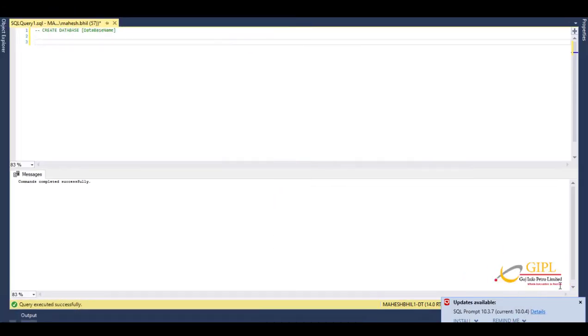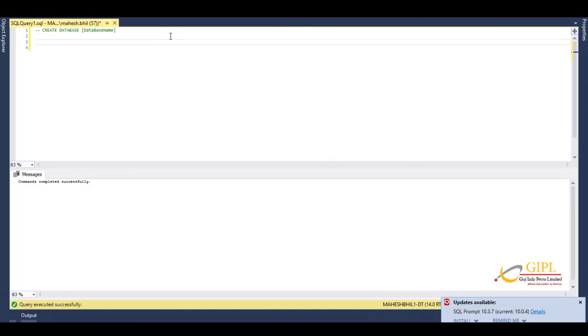Now, when we have completed with the SQL basics, we shall start with DB related details. At first, we shall look at the SQL create database statement. The create database statement is used to create a new SQL database. So the syntax goes as follows: create database, database name. So now when I write testdb here, the statement creates a database called testdb. Make sure you have an admin privilege before creating any database.